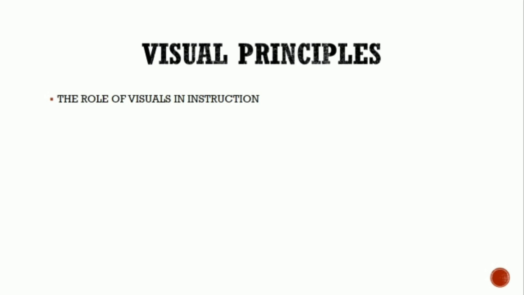The role of visuals in instruction. First, one role that visuals definitely play is to provide a concrete reference for ideas. Then, visuals can simplify information that is difficult to understand. Then, visuals provide redundancy when accompanying spoken or written verbal information. They present that information in a different modality, giving some learners a chance to comprehend visually what they might miss verbally.